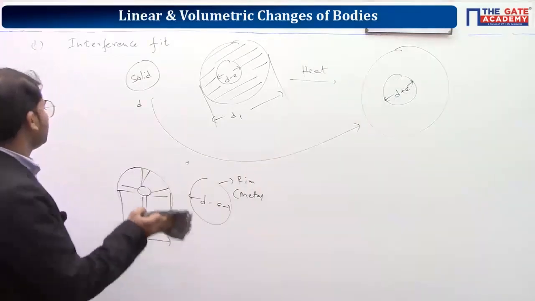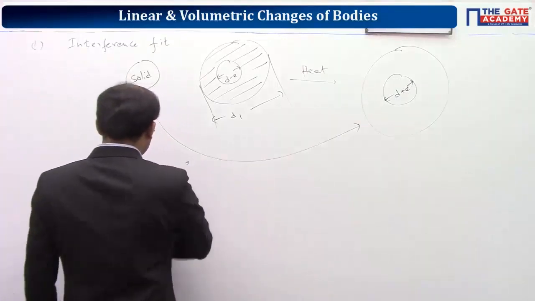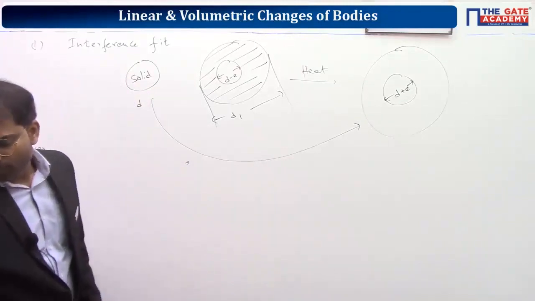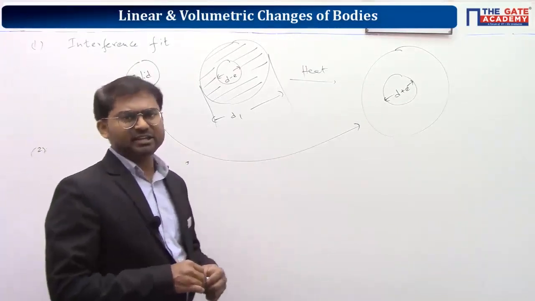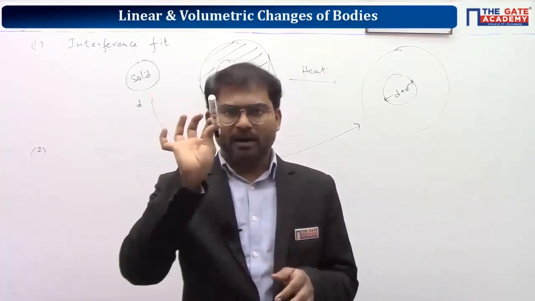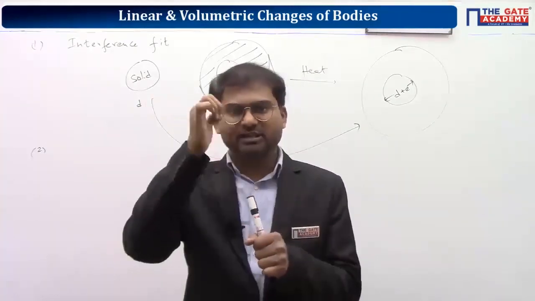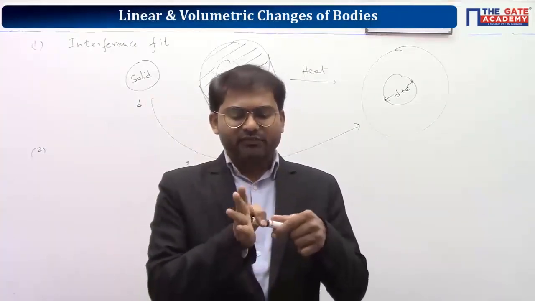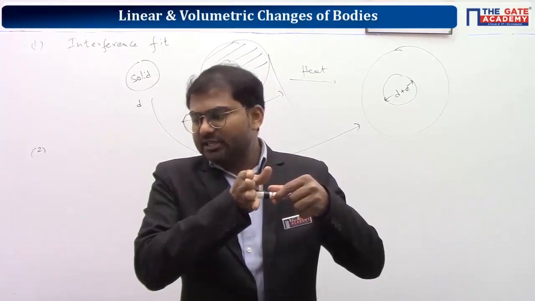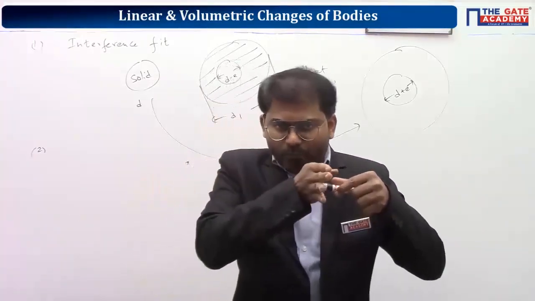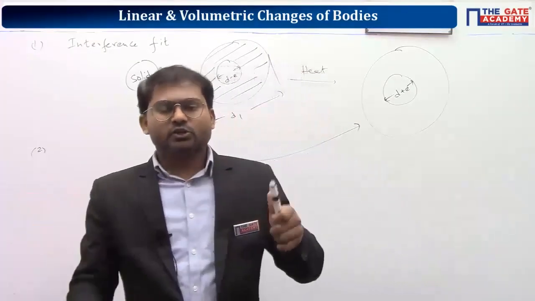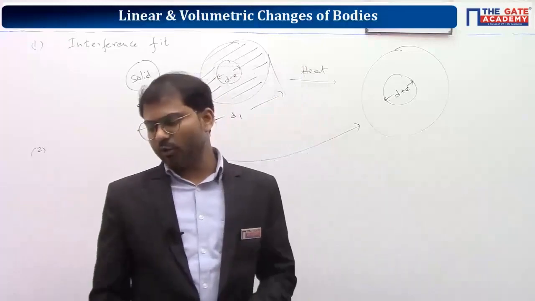The next method which we use to produce this composite bar is using a support. We simply put a support or rigid disc at the right corner. You can see the diagram there. Imagine this is a composite bar. Already inside the hole of the hollow shaft, we have inserted the solid shaft. Both are attached with some rigid support at one side. If you apply force on the rigid disc or end mass, it will pull both the members. Like that, we give rise to the same elongation in both the members.